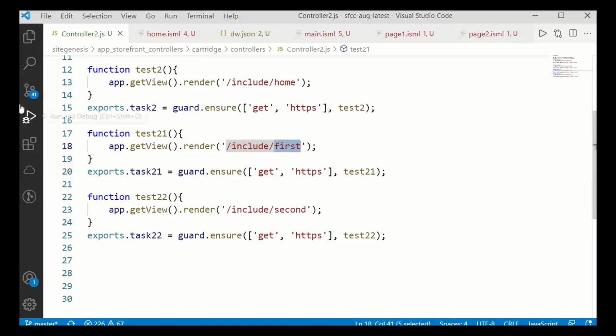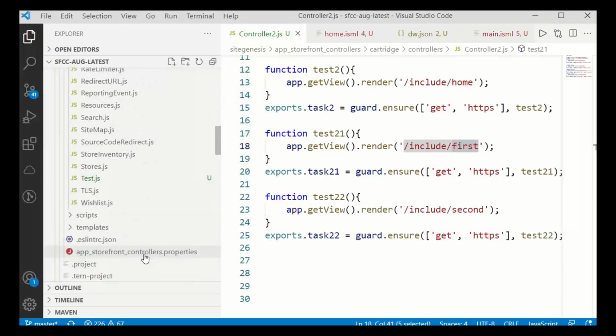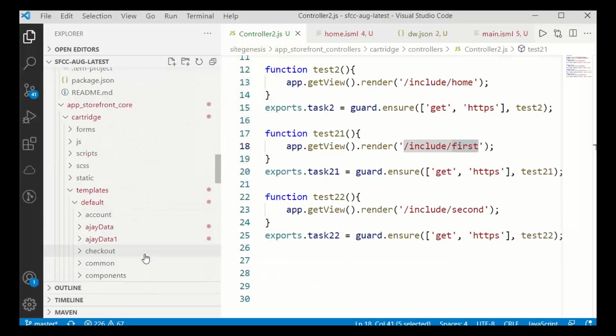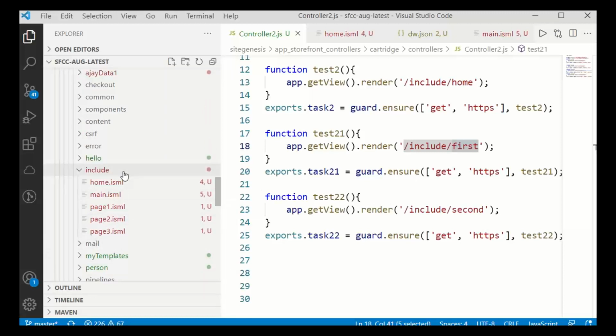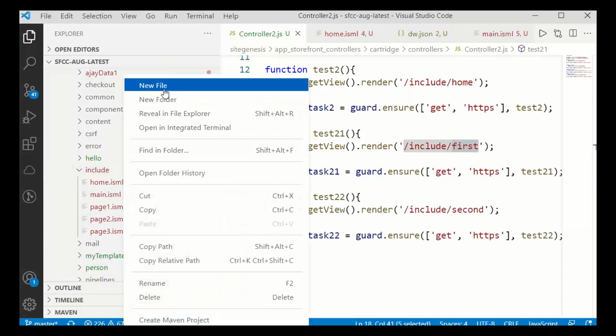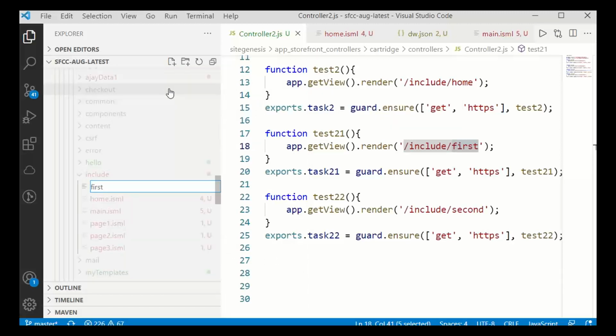Go to the include folder. Right click on include. New file. First.isml.